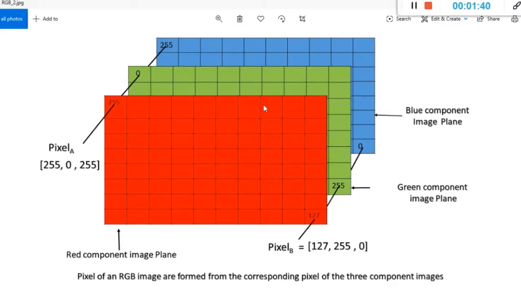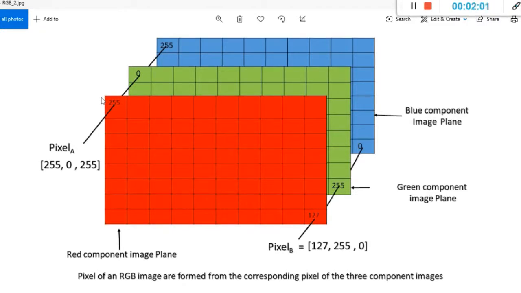So if you just consider one layer, for example the first layer, then this layer will have an X dimension and a Y dimension, wherein the X dimension represents the number of pixels along X, that is in this case maybe it is 256, and in the Y direction as well it represents the number of pixels.